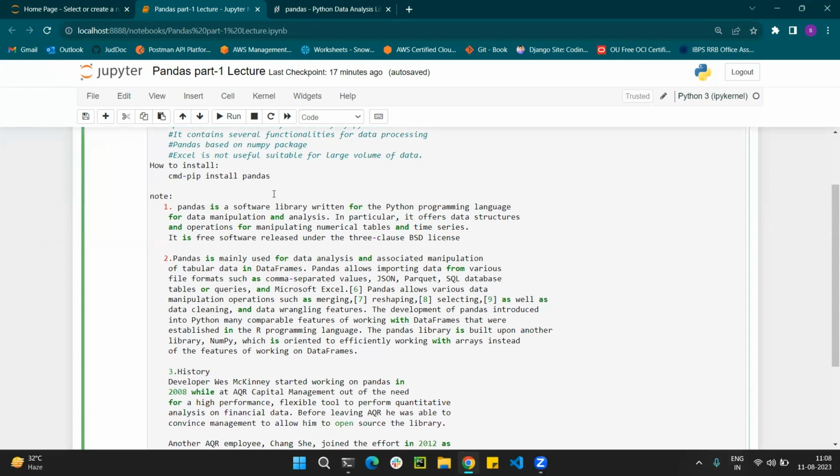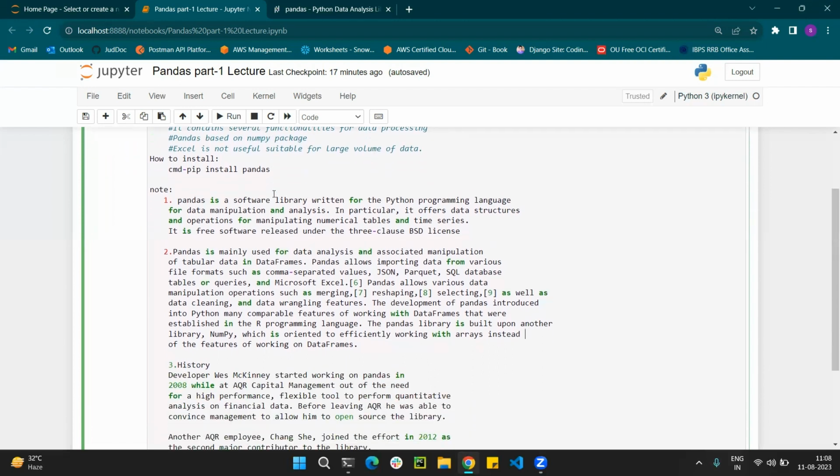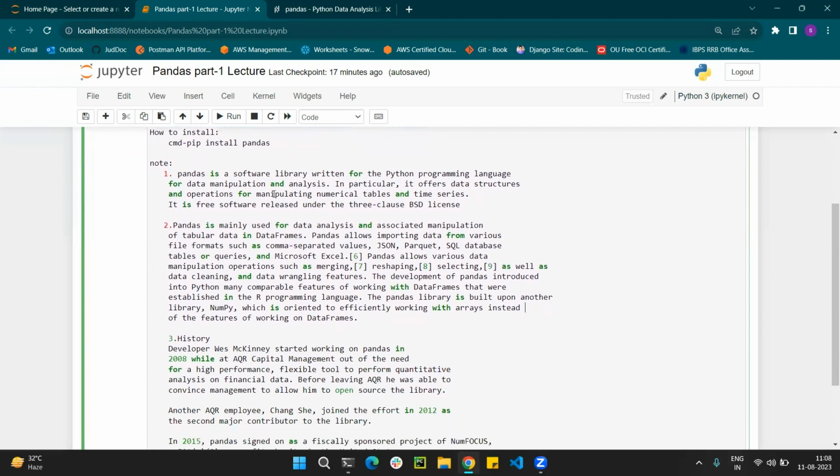So why do I use these things, and what is pandas? I think you have an overall idea, and I will just briefly give you an idea about that. So what is pandas? Pandas is a software library. It is one type of software, and it is converted into a package. Whenever it is needed, it is imported from the pandas library and used in your work. Pandas is a software library written for the Python programming language for data manipulation and analysis.